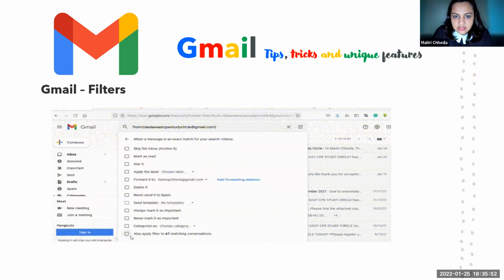So Akash, you want certain mails received during a certain period to be transferred. You'll have to use the search function and the filter function. First of all, create a search between a particular period. I showed the advanced search operators, between this date and this date, and then whenever these items come, you create a filter with it. So Rajesh bhai, you try that and let me know if you have any problem.